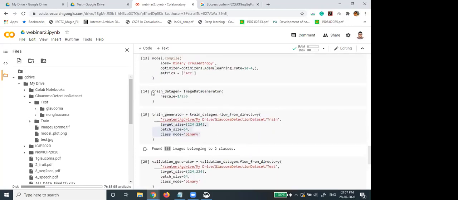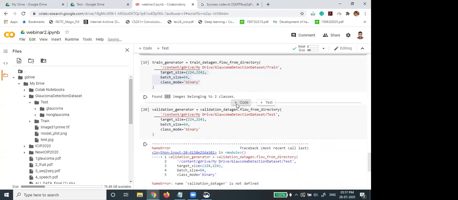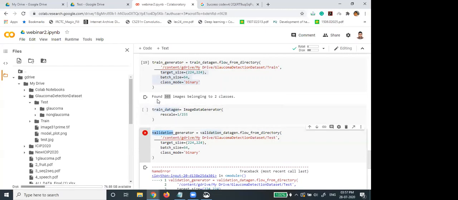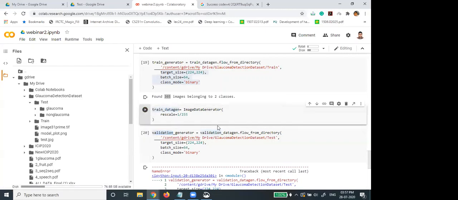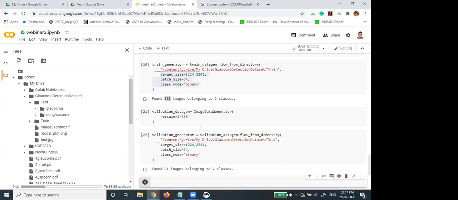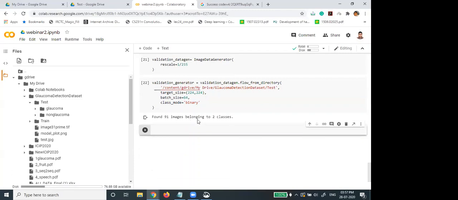Sorry, like this way you have to define the validation. Validation data gen. Same. Yeah, in the validation set I have 91 images, so it is like 80-20 ratio.